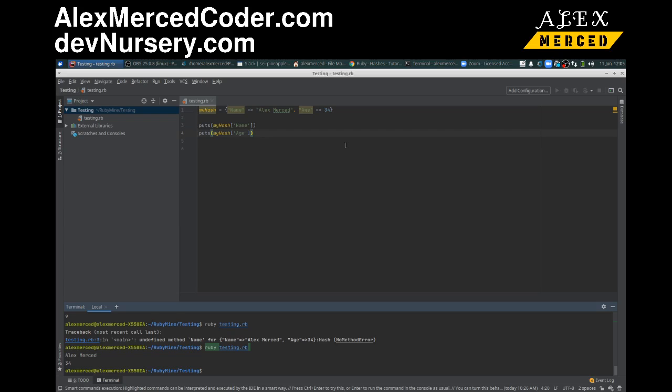You can put all sorts of data in there. Really where this becomes useful is that, let's say you have an array of people. So you have an array of people, but each person is a hash. So each individual person might be a hash like this with a name and an age, and then you loop over that array of hashes, and then you can print out each person's name, each person's